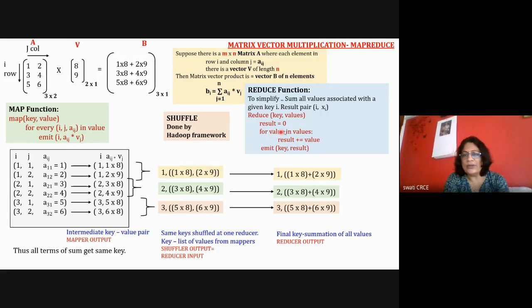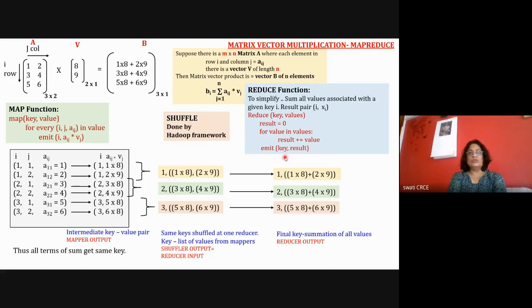So for each value in values, get the value, add it to result, and there are only two values, so it will happen 2 times. 0 plus 8 will give 8 in the beginning, and then 8 plus 18, like this, and once all the values are over, it will emit the key and the result.